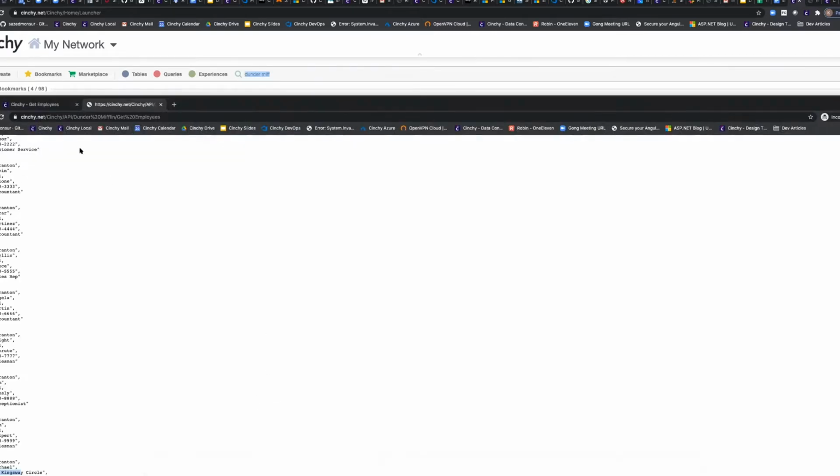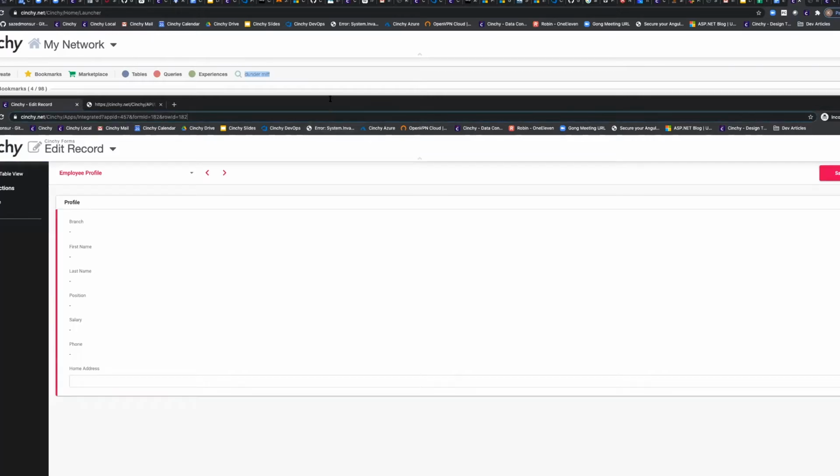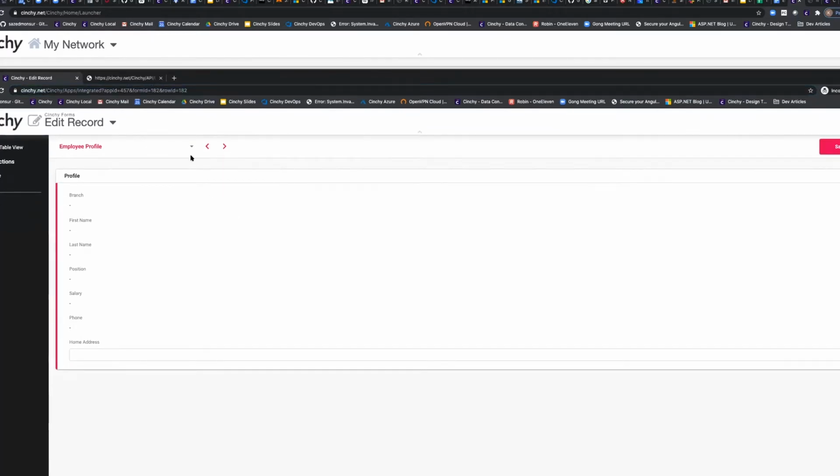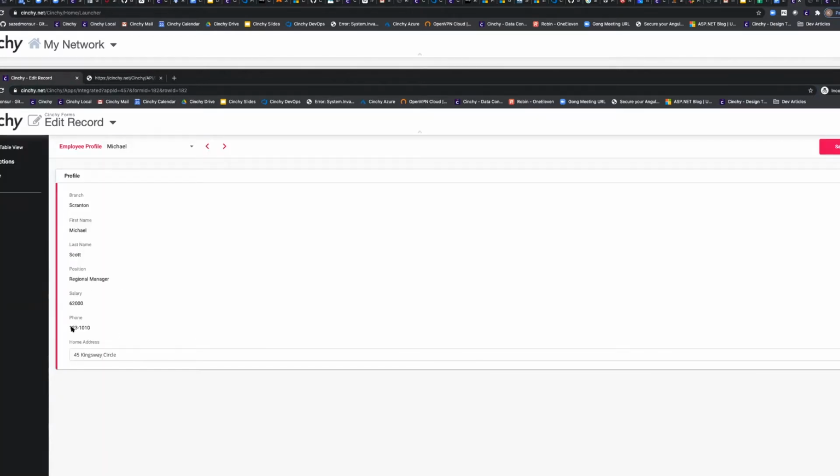It's true in that as well. So here, if I look at this particular record through a form, so this is a metadata-driven form. If I'm accessing Daryl's row as an example, everything for me is read-only. I'm not seeing the salary or home address information. If I now go to Michael's own personal record, I'm seeing those details, and the home address is editable. So everything is dynamically adapting based on those controls that are governed in a single location or centrally governed.